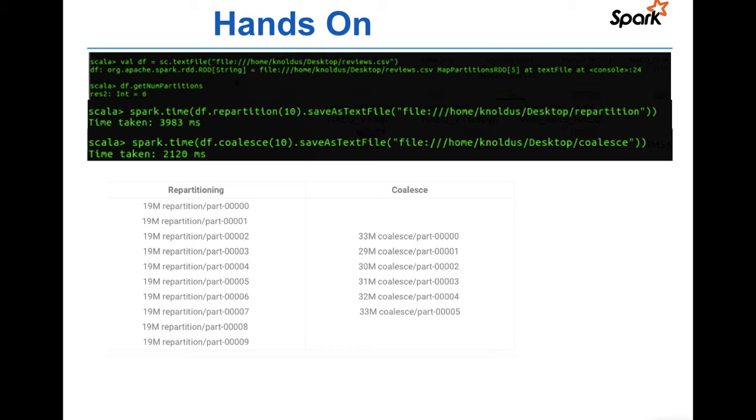Now take one example here. We are reading a file which is stored in 6 partitions.